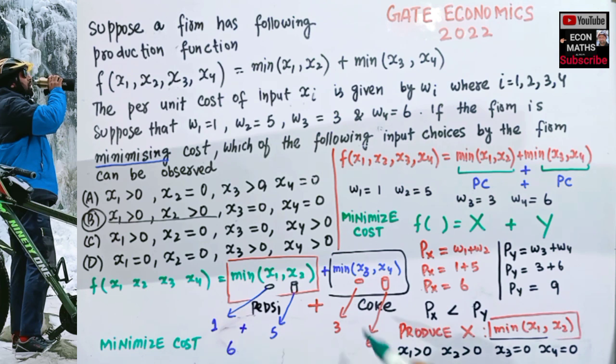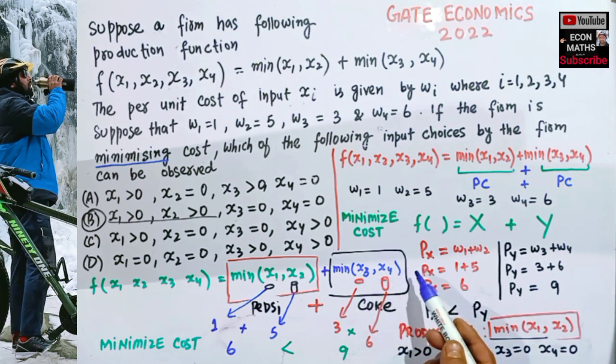To produce one Coke bottle, the cost comes out to be 3 plus 6, which is 9. Obviously, 6 is less than 9. The firm will choose to produce Pepsi bottles only. That means the firm will choose positive quantities of x1 and x2, and zero quantities of x3